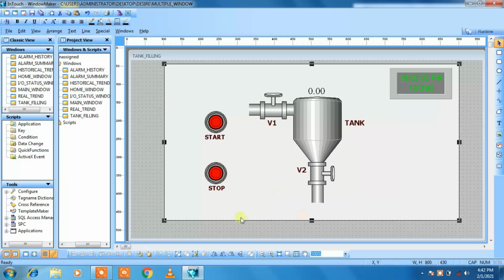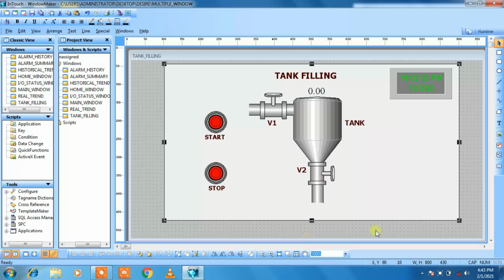Here you can see I have taken a white rectangle and clock and arranged all my graphical representation of tank filling properly. Let us give the name to this window as tank filling. Go to the text and give the name tank filling. Let us increase the font size of our text and arrange it properly.